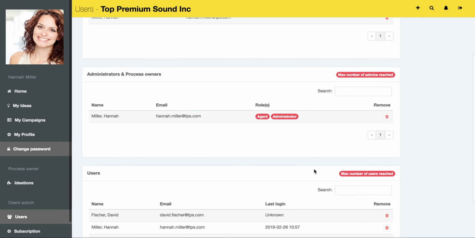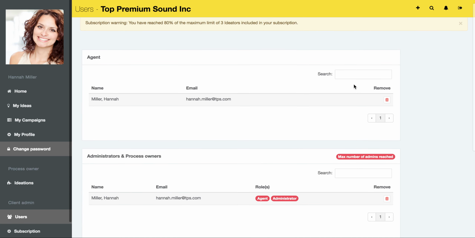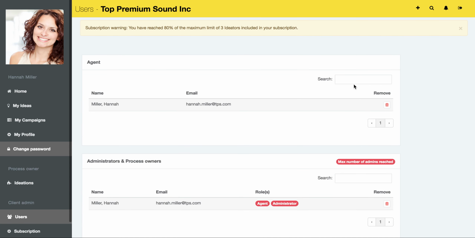And as you can see, it says maximum number of admins reach here. And this is because we are in the free tier. So we only have one admin account. If you need more accounts, you can upgrade to a subscription tier or reach out to learn more about our enterprise offering, which is customized and have some additional functionality needed when you work in a large organization. But for now,